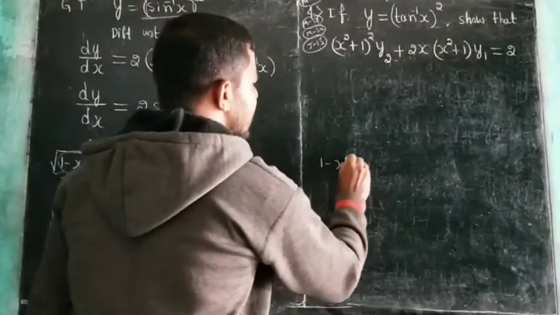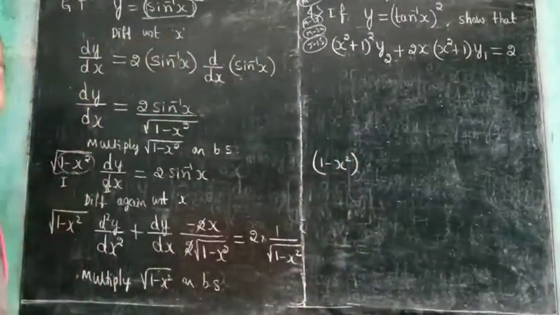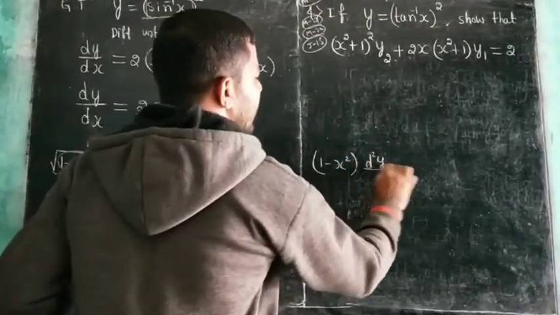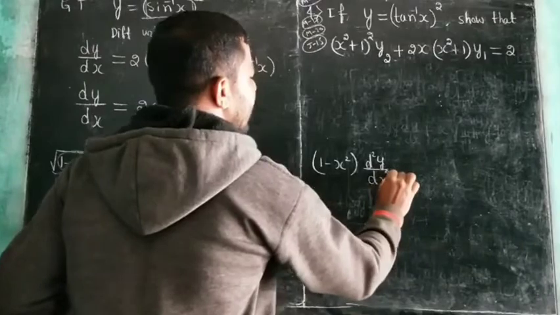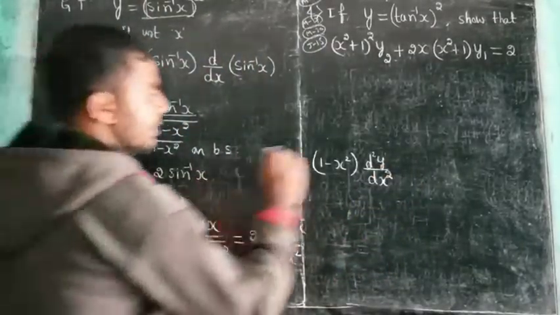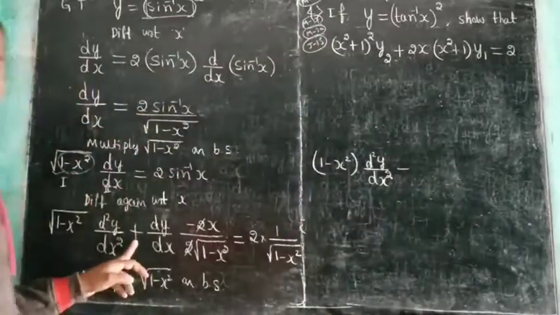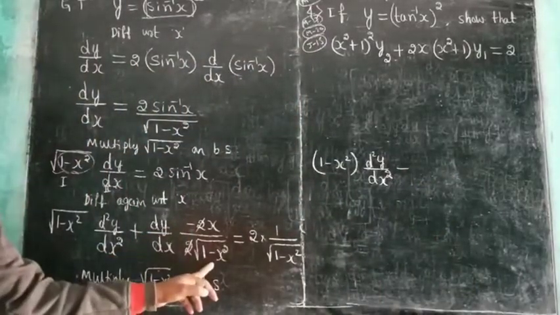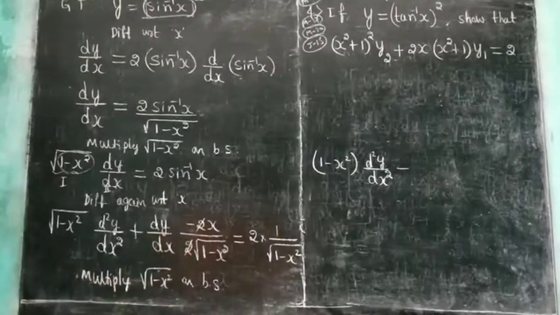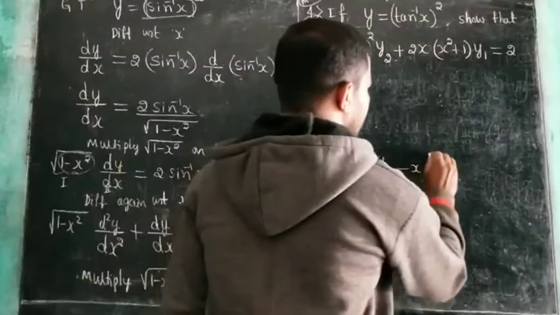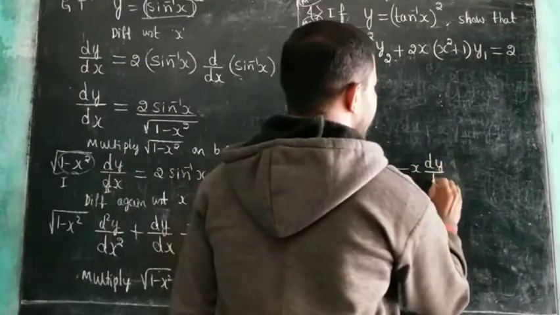Then 1 minus x square into d square y divided by dx square. Plus into minus, root of 1 minus x square, root of minus 1 minus x square, both are cancelled. The remaining value is x into dy by dx. X into dy divided by dx